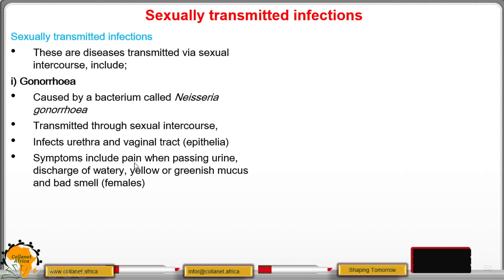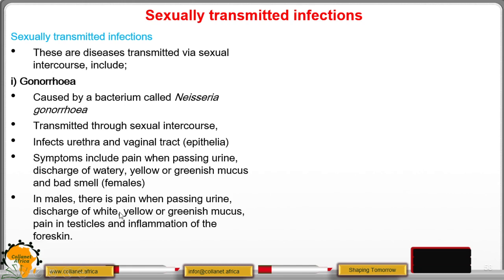The symptoms include pain when passing urine. There is discharge of watery, yellow or greenish mucus accompanied by bad smell in females. And in males, there is pain when passing urine. There is discharge of white, yellow or greenish mucus, pain in the testes, and also swelling of the foreskin around